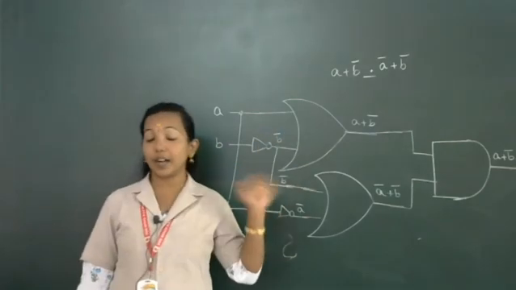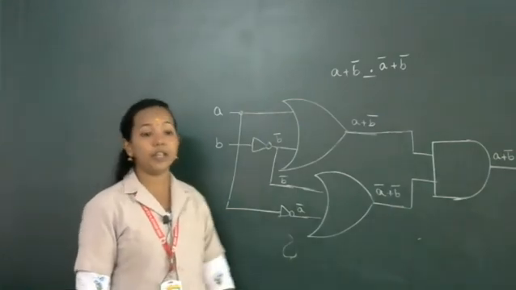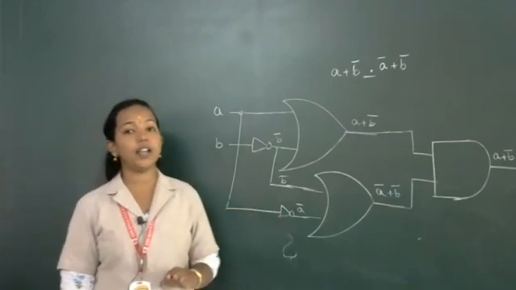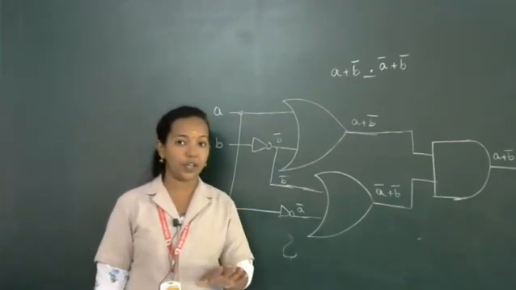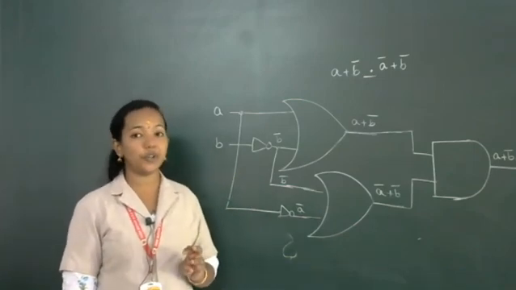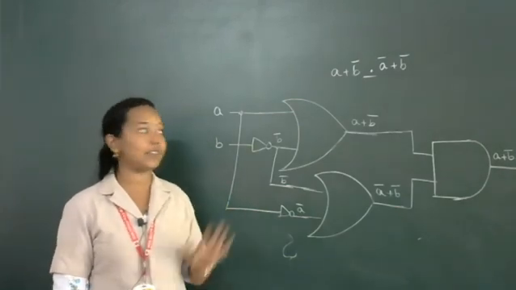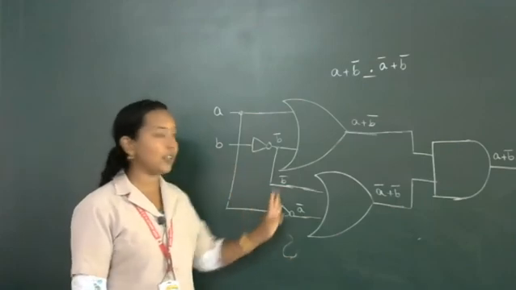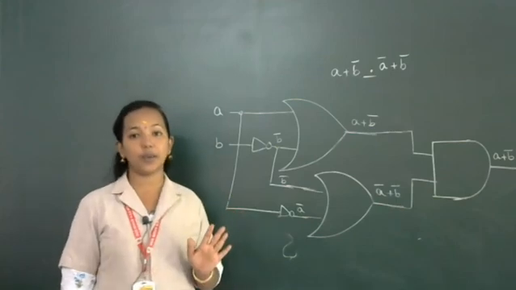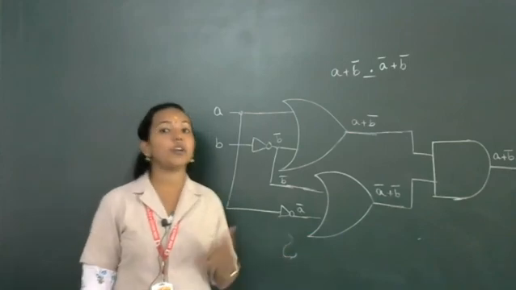What is the question? Construct a logical circuit for the Boolean expression (A plus B complement) dot (A complement plus B complement). These 3 questions you want to write in your notebook. There is no homework in this video and post learning activity is not given, but write these 3 questions in your notebook. If you are drawing the logical circuit diagram, please use a scale and pencil and draw neatly. After each gate you want to write the answer expression. Clear? These are the important questions from this chapter.